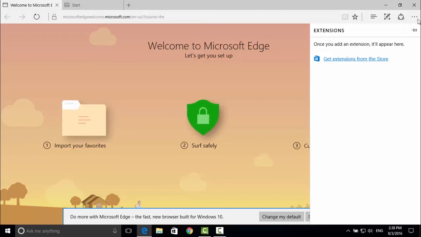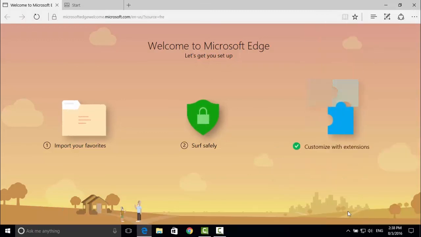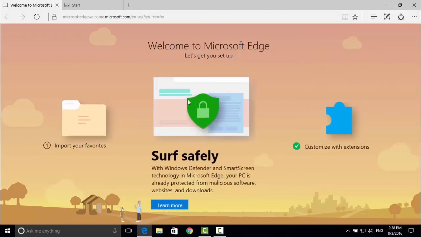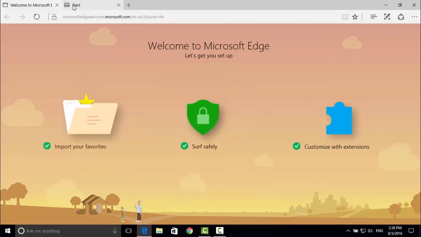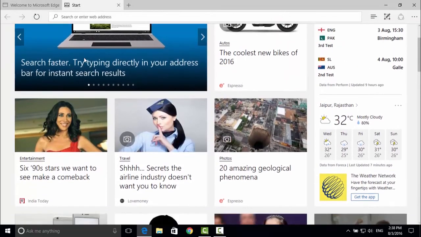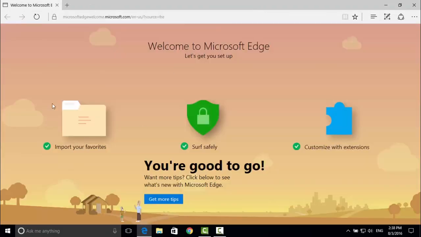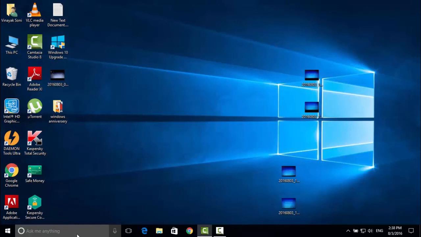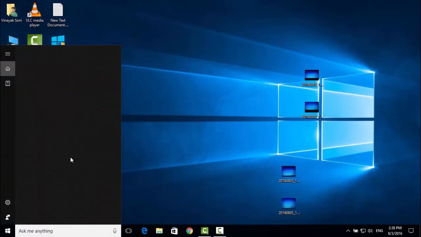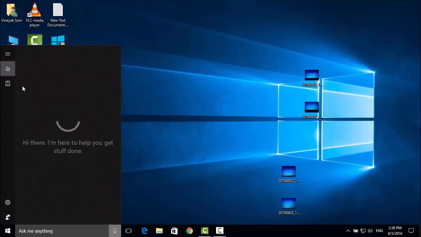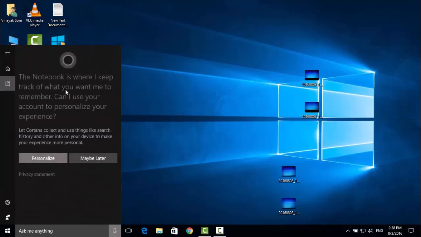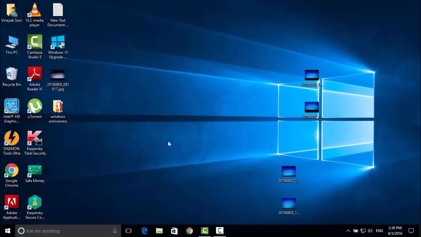So this is a nice feature from the update which I will be testing, and it is more protected now, and there are very many new UI changes, new improvements in this Cortana and Edge browser. And I will also be testing these after some time. So this search menu was also having some new UI changes.